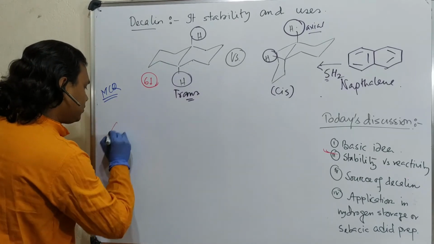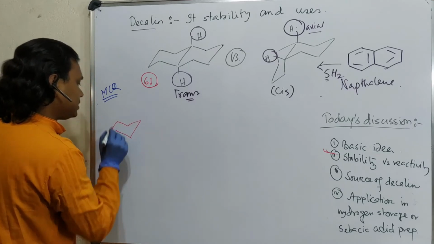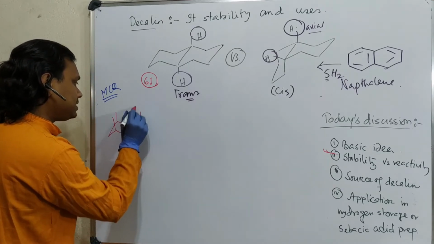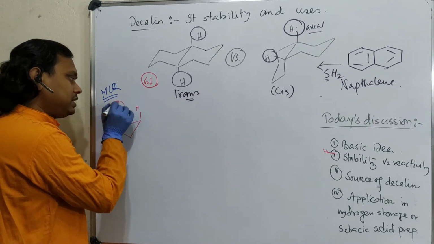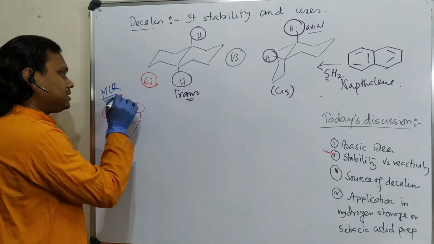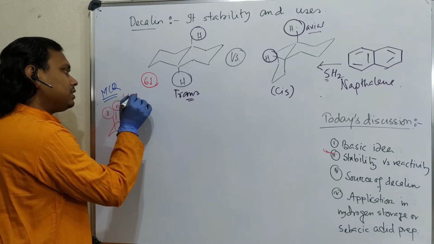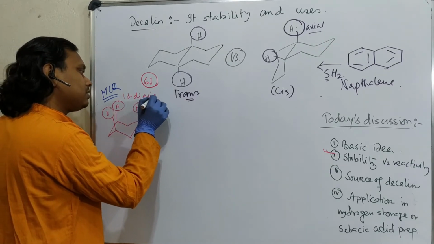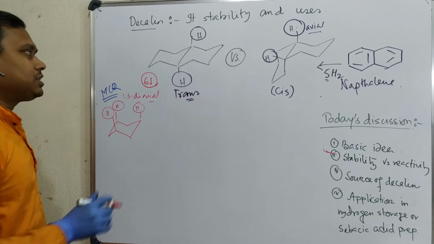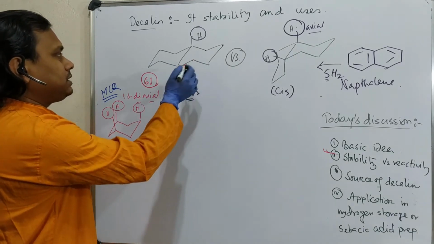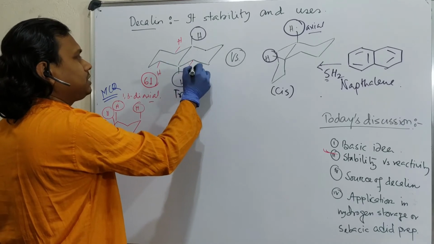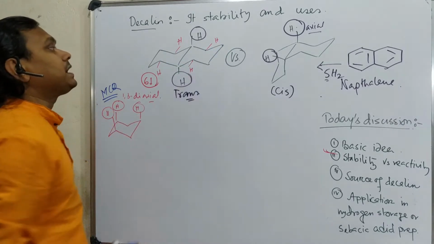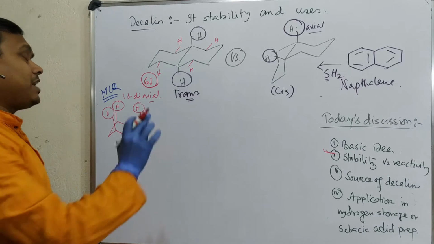So what do I mean? If you take a simple cyclohexane, diaxial means these two, three hydrogens. I am not going to the below one, just the simplest. This and this is called 1,3-diaxial interaction. Now just look at this molecule. In this case, hydrogen, hydrogen, hydrogen, hydrogen. Not that much. Means there is diaxial interaction, hydrogen, hydrogen.